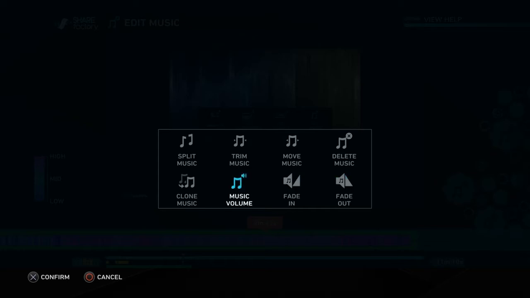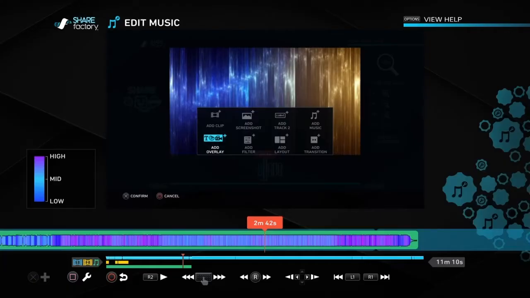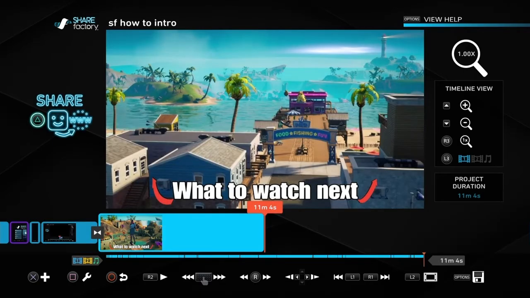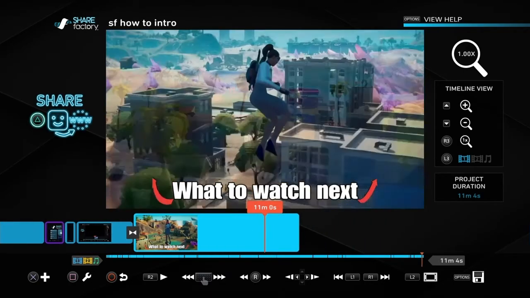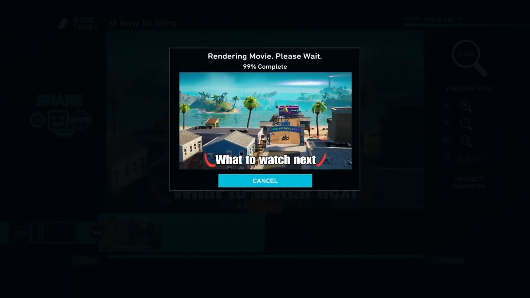So I'm hoping you already know how to do that, but this is the stage that I would add the music, after I've done the commentary and the videos as well. Okay, I'll turn off prioritize unless you want the music to be prioritized over the video and the actual commentary that you have there. Okay, now we've got all that done, we can push the options button on the controller